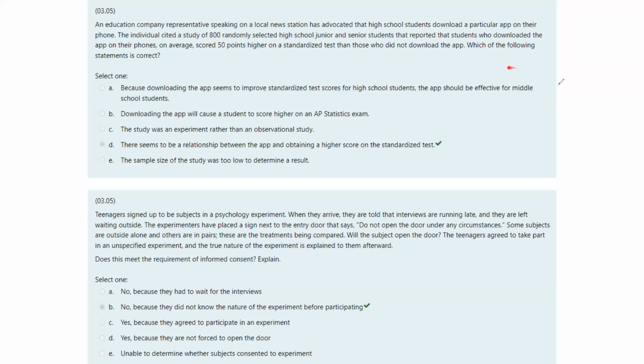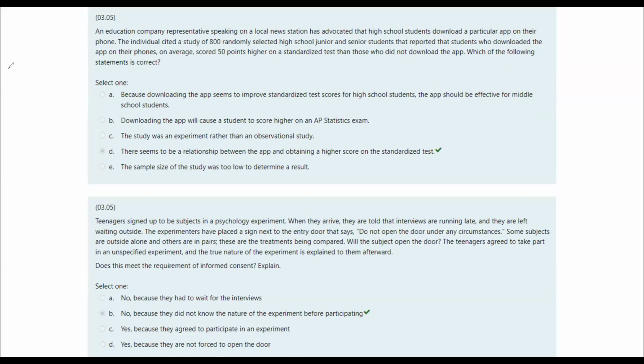An educational company representative speaking on local news has advocated that high school students download a particular app on their phone. The individual cited a study of 800 randomly selected high school junior and senior students that reported that students who downloaded the app scored 50 points higher on a standardized test than those who did not, which is true. Because downloading the app seems to improve standardized test scores, the app should be effective for middle school students. No, we cannot say that,